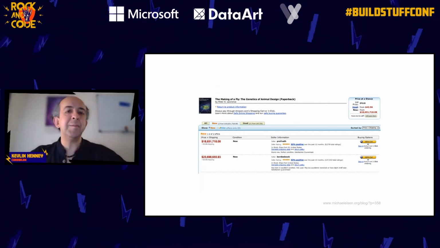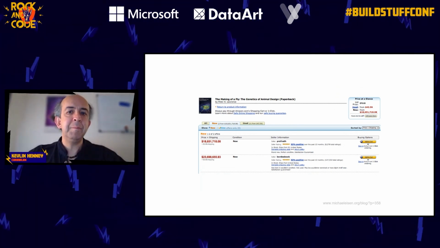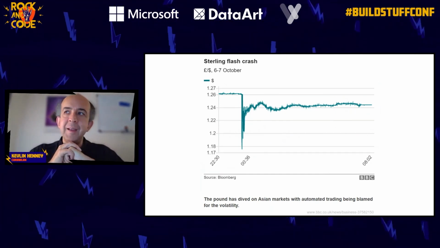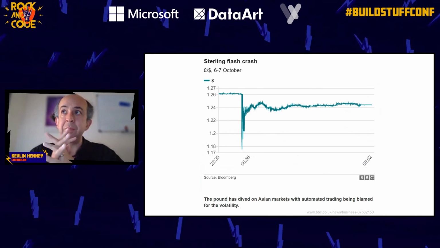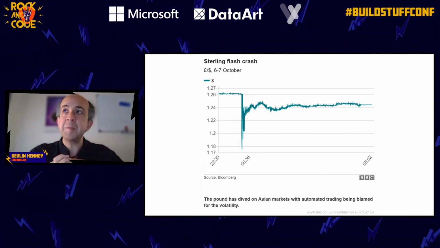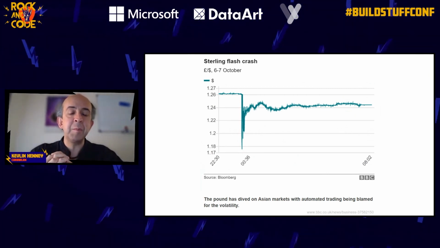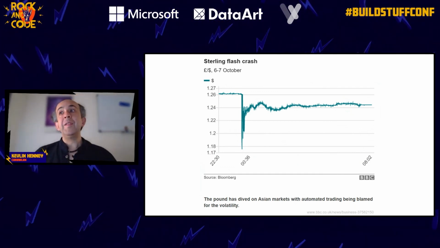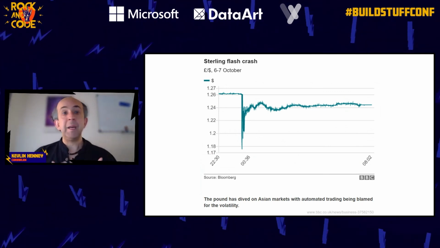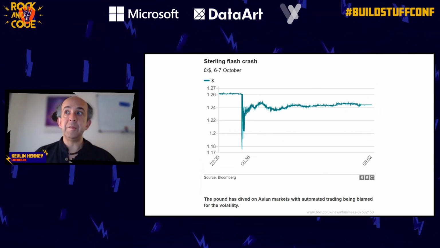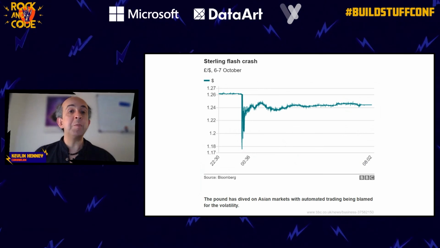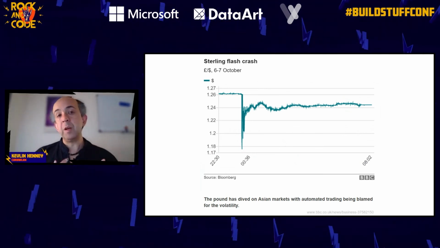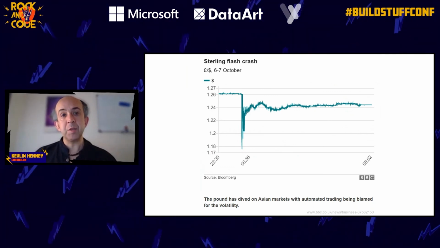Now, Amazon have put stuff in place now to stop this kind of thing happening, but we see this kind of thing. This is a flash crash from 2016. That is the pound. Now, obviously, the pound has been having a really hard time of it in recent years because of a rather large and unsuccessful social experiment in the UK. We've been running it since 2016. But in October, there was no way you could account for this by human behavior. This kind of crash is optimized. It's algorithmic trading in action. This is the kind of risk that we are running when we do not understand the assumptions and gaps in our thinking.